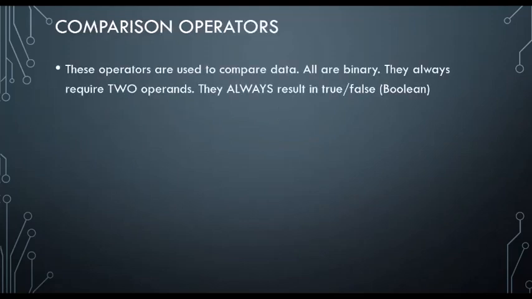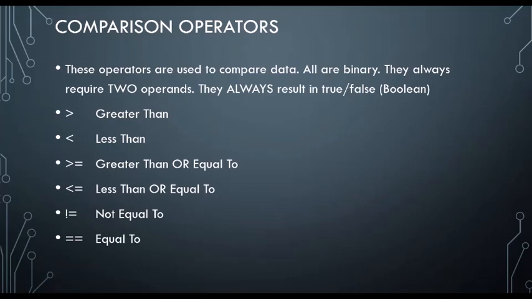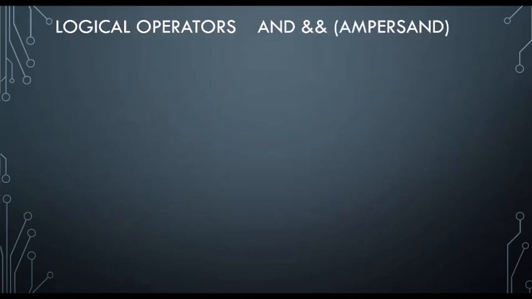Next are the comparison operators. Comparison operators basically compare data. Comparison means I want to check whether one value is greater than the second value, or less than the second value, or equal to, less than or equal to, greater than or equal to, not equal to. I think these are self-explanatory. I don't need to explain them any further here because you have already done those. If there is any problem in these, you can put it in the comments. I will explain them also.